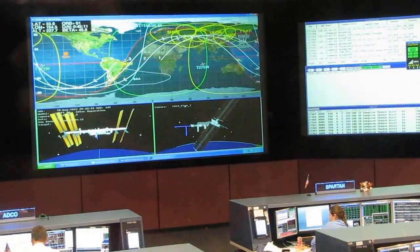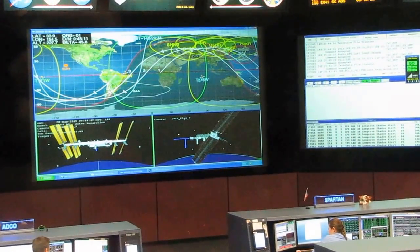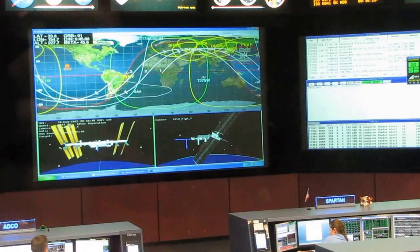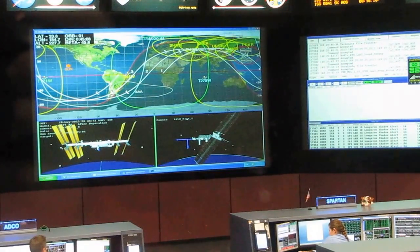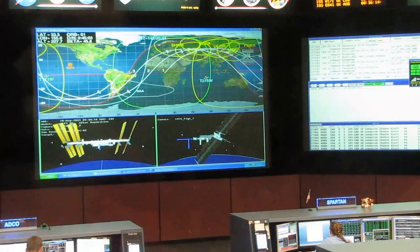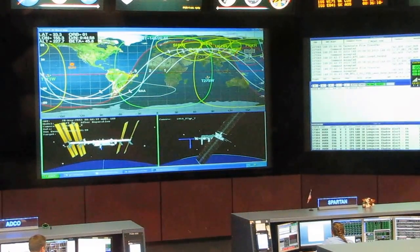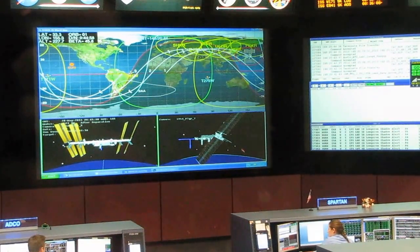You'll have windows up in that little habitation module, so you'll get pretty decent views from there, and then from the little tiny windows down in the descent module. So seeing the Earth is pretty cool. And the interesting thing now is before the first rendezvous burns is they're low. They're only about 120 miles above the ground. And that may seem high, but the station's